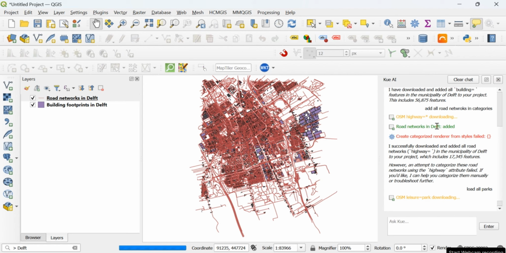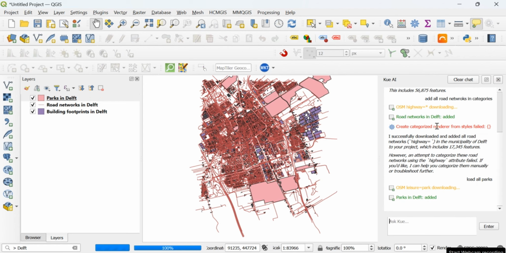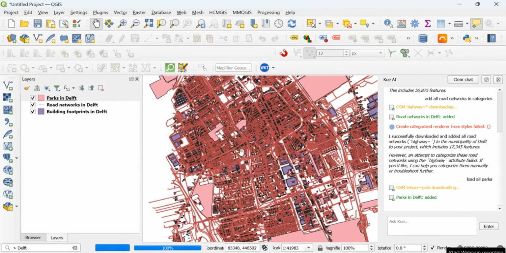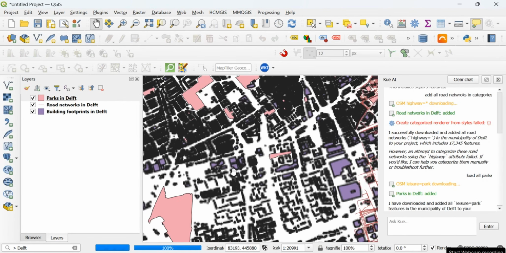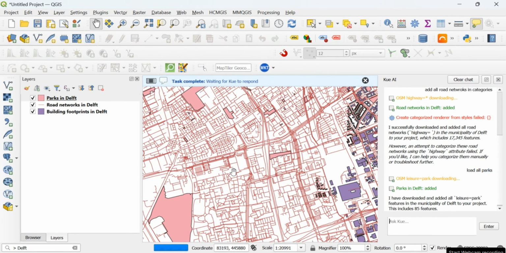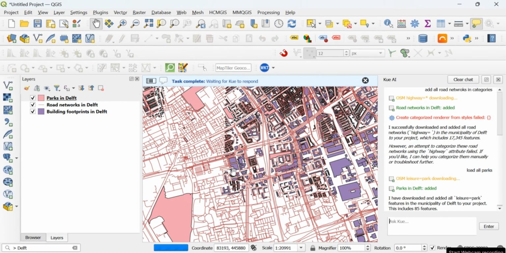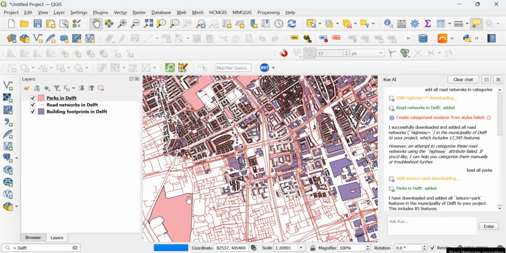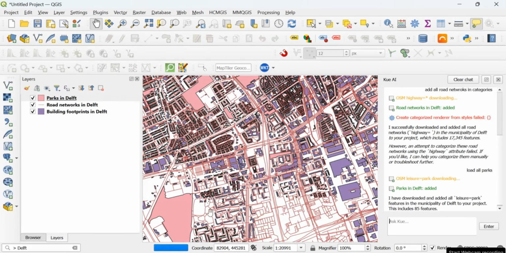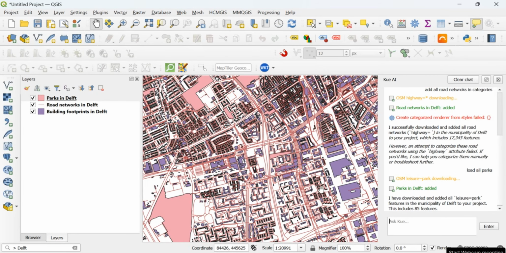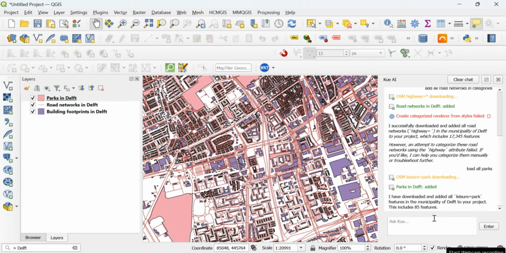So let's wait also. So you see that it's also adding all road networks. The good thing is that you get the most up-to-date data sets, also a little bit detailed, I would say.